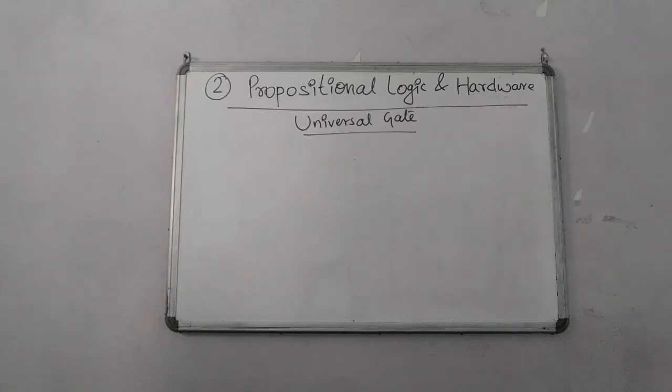So first of all, children, what is a universal gate? Why has the name universal gate been given? Universal means with the help of this gate we can design any sort of logic circuit diagram. Any gate can be designed, any circuit diagram can be designed, any electronic component can be placed. So children, that's why its name is universal gate. The answer is very simple: with the help of these gates we can design any logic circuit diagram.